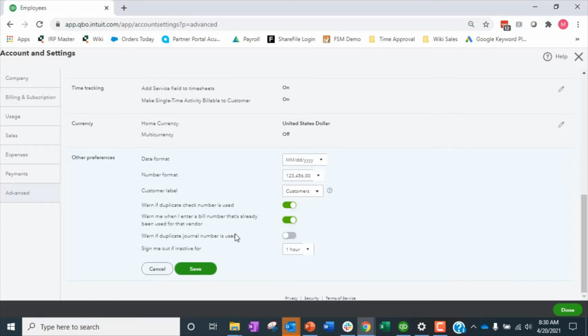Warn if duplicate journal entry numbers are used. Now, people don't really pay attention to journal entry numbers that much, but it is good practice to have a numbering scheme with your journal entry numbers so that you can know whether somebody is entering them in line, right? It's just easier to spot them. So if your journal entry number scheme is, when I go in to do journal entries, which should be very rare, let's be real, right? Journal entries should happen at the end of a period, hopefully, end of a year, end of a month. They should not be happening every day. If they're happening every day, we need to figure out what's going on. Maybe they should be happening for payroll, okay?